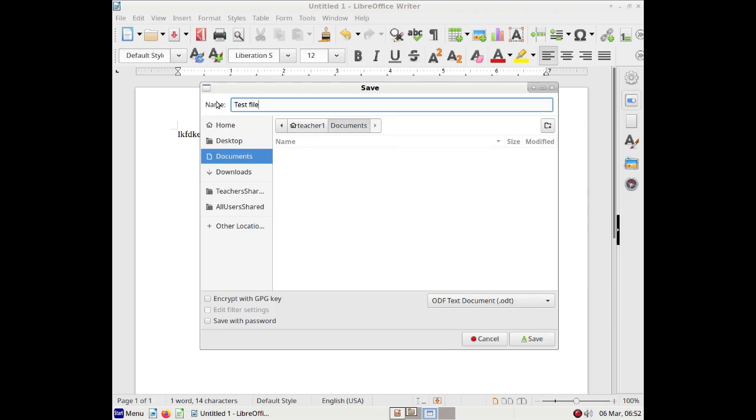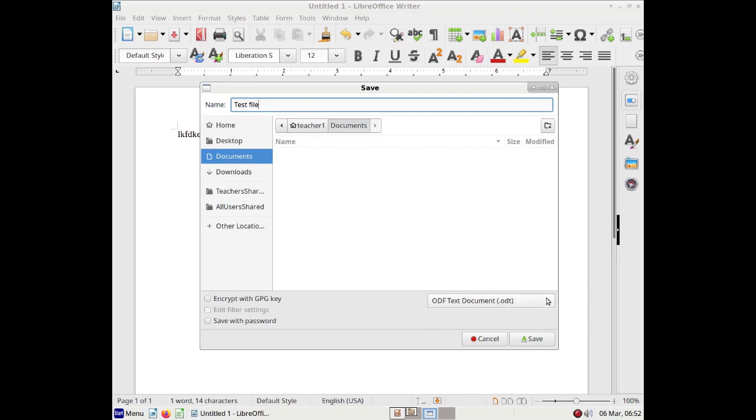The second thing I'm going to do is to tell it where to put it. Now it's automatically going to guess that it wants me to put it in Documents, so it's already selected Documents. The third thing I need to do is tell it what format to save it in, and that's down here, and you'll see it's choosing .odt, but if I want to look at my test file here in Microsoft Office,